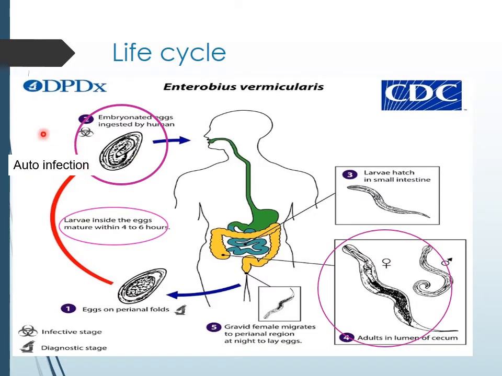That's why the auto-infection is possible in this one. One other way of auto-infection is retro-infection. This deposited egg which is there in the perianal skin would get mature here only, and from this egg this larva would again enter by retrograde route into the intestine and again mature itself into female. So that is known as retro-infection. So that is also possible in this worm. So that is the life cycle of this worm.